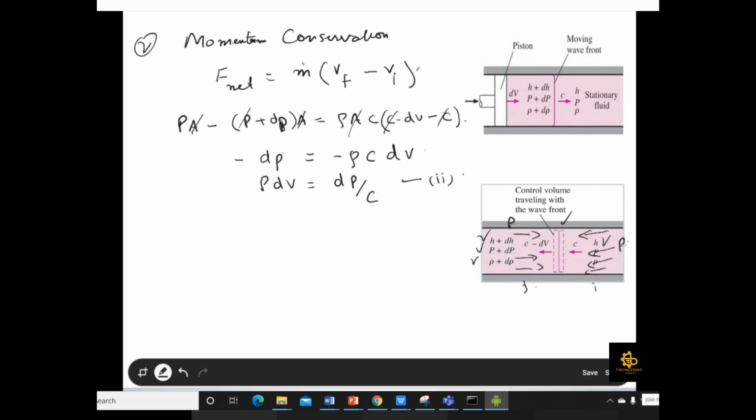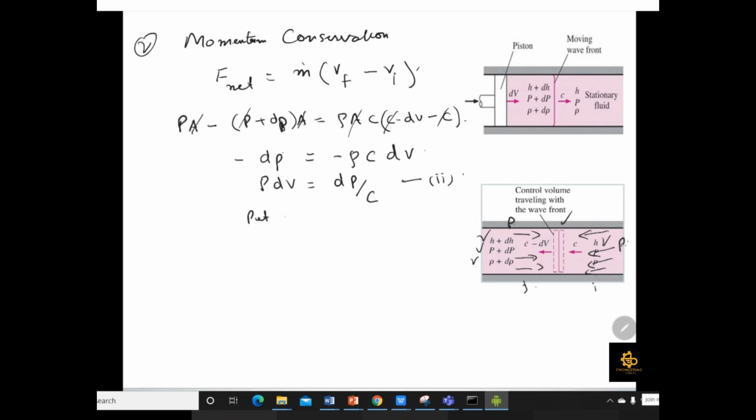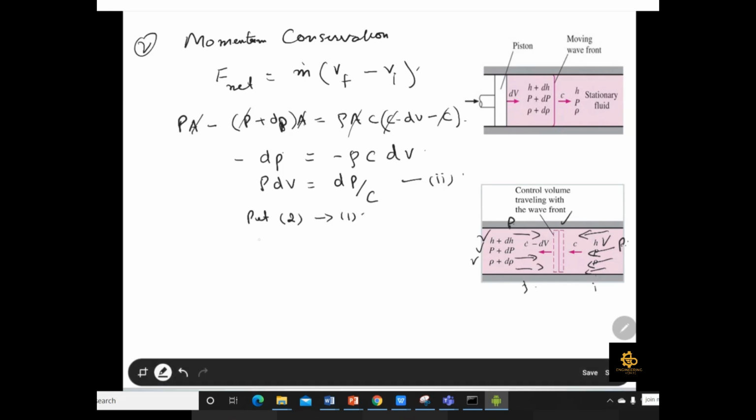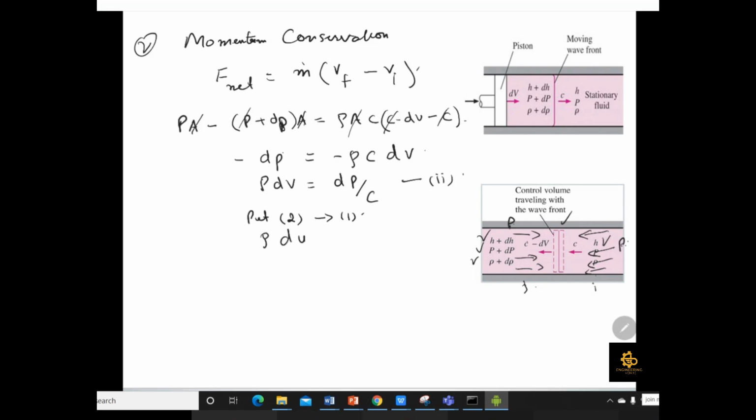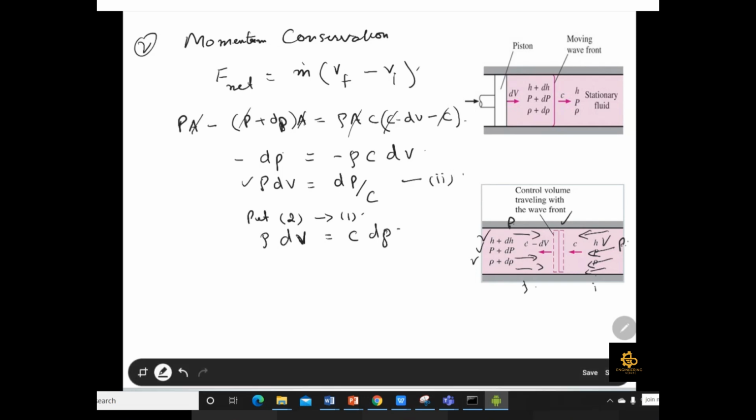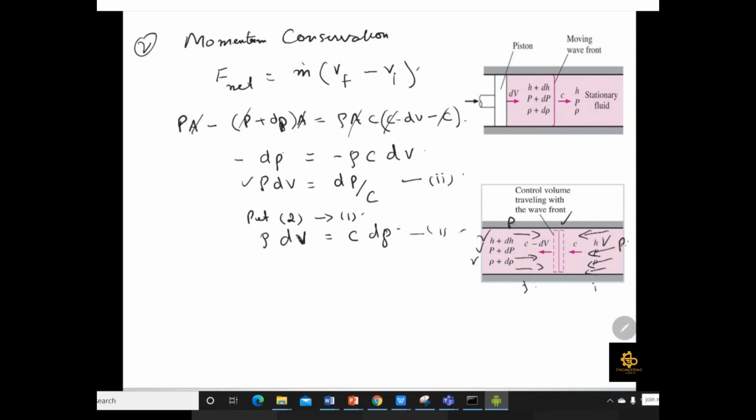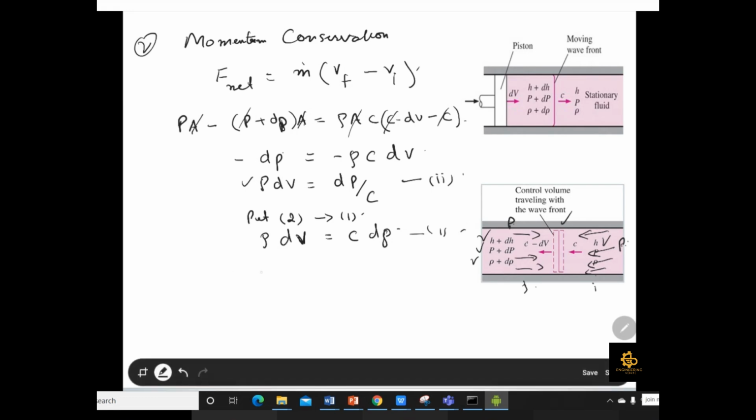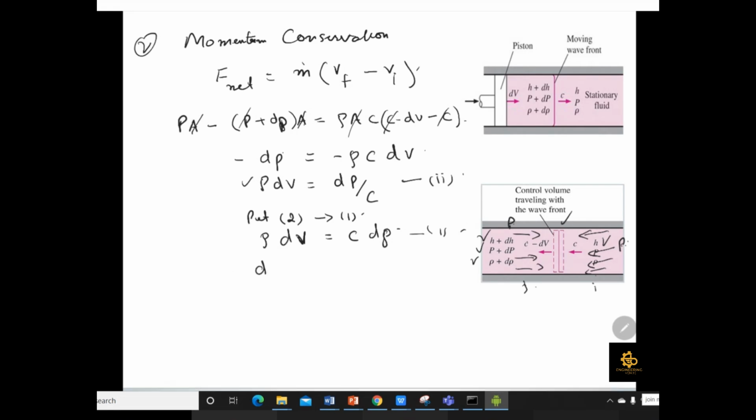So put the value from equation 2 into equation number 1, which, if you remember, is rho dV equal to C d rho. Rho dV you simply put in this equation, so now this equation becomes